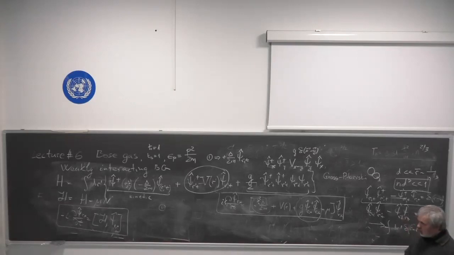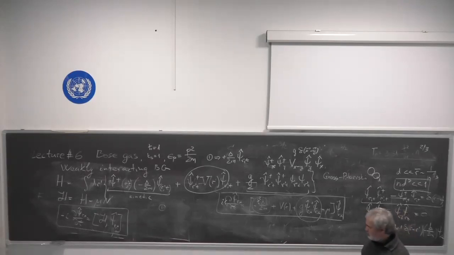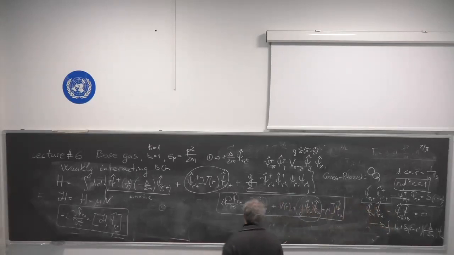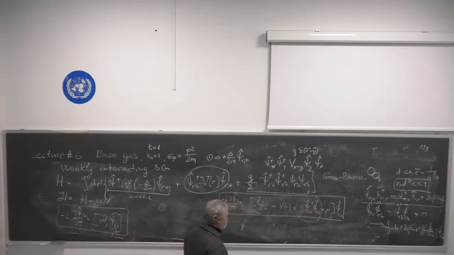So, what can we do now with this equation? We can linearize this equation under certain conditions. Suppose we have condensation of our particles, which means that a macroscopic number of particles occupy the state with energy or momentum equal to 0. Therefore, I can look for a solution psi of r, t. We have a macroscopic number, first of all, square root of n,